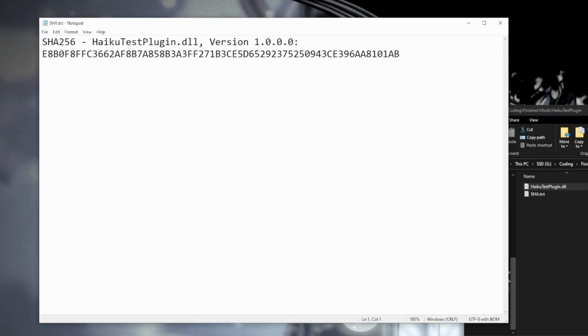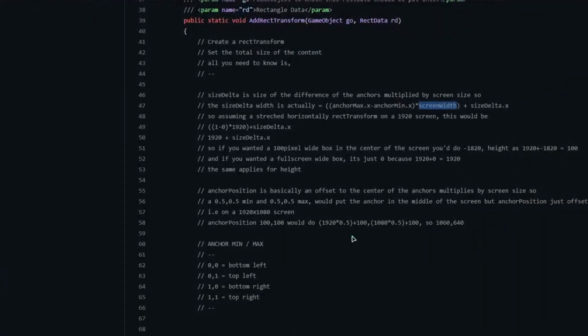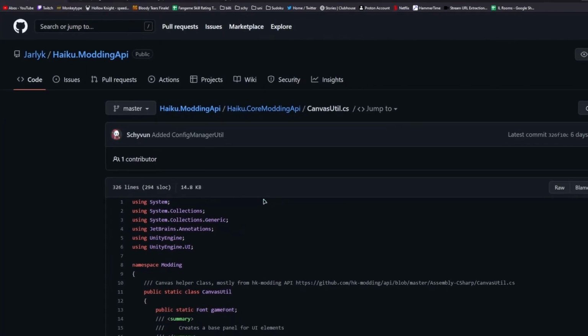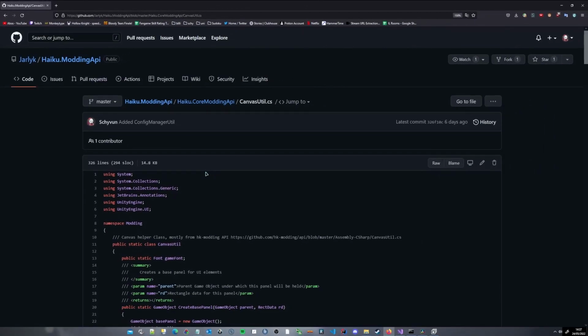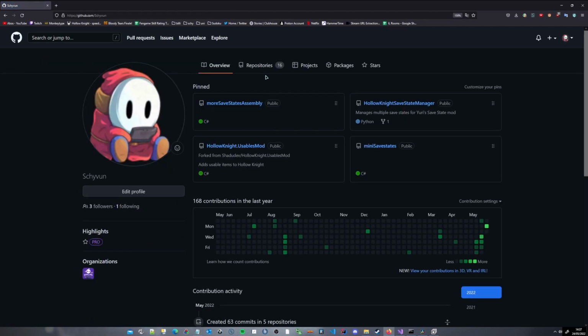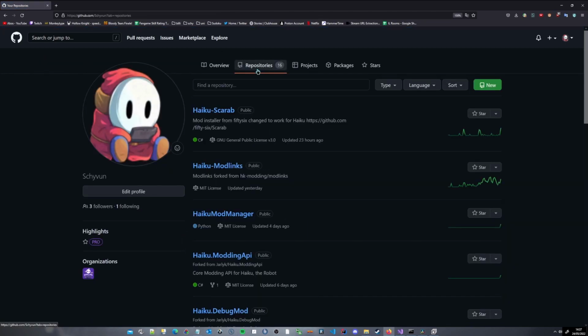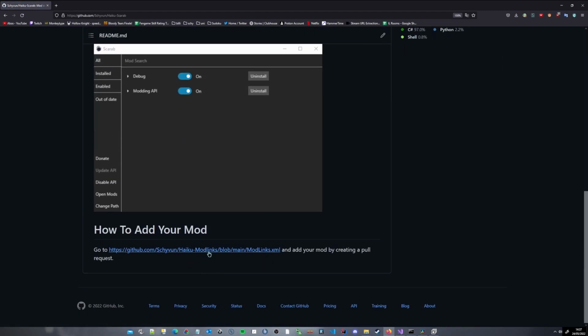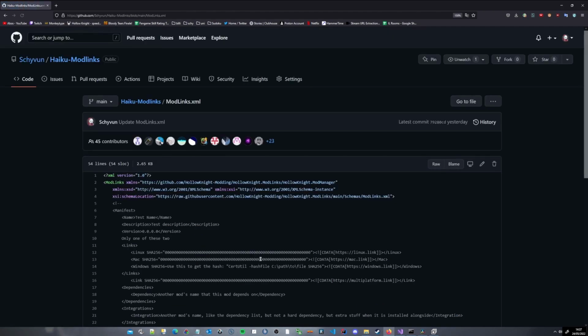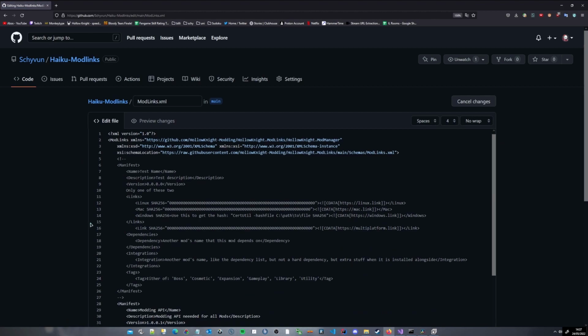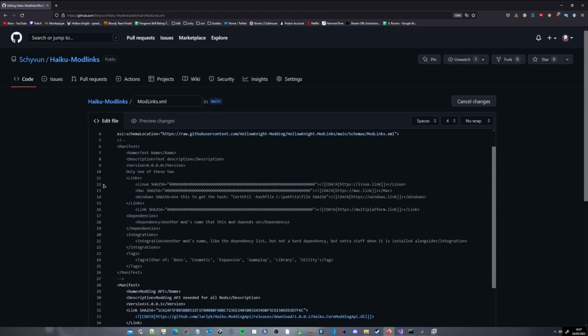And now you will create your GitHub repository, and then after you've done all of that and uploaded the file to release, you're gonna go on this link, the modlinks.xml, and you create a pull request for this.